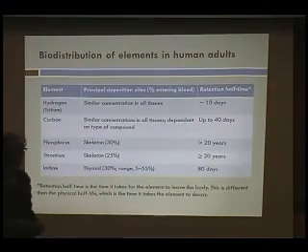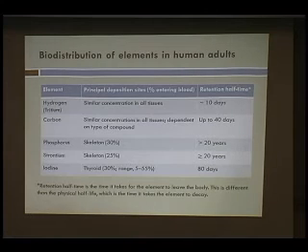And then this is the biodistribution of elements in human adults. I have two tables. This is just kind of a broad sense of how different it can be. So you have this, it's called half-time. So the far right-hand column here, half-time is different than half-life. So half-time is the time it takes for the element to leave the body, whereas that's different from the physical half-life, which is the time it takes the element to decay. So you would have, for example, tritium in the body would have similar concentrations in all tissues, so it kind of goes everywhere.